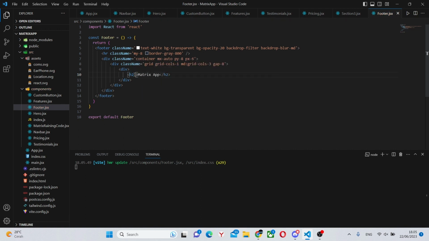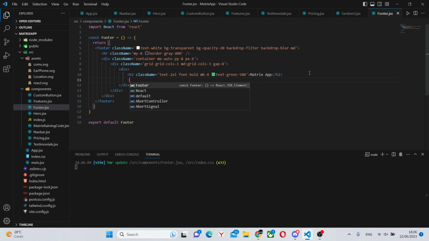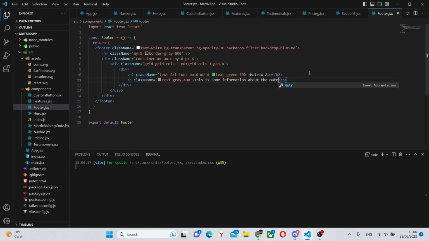This h2 tag is going to have a class name of text-2xl, font-bold, mb-4, text-green-500. Under here we'll have a p tag with some information about it. So we can say p, class name, text-gray-400, and that is it. This is some information about the Matrix app.